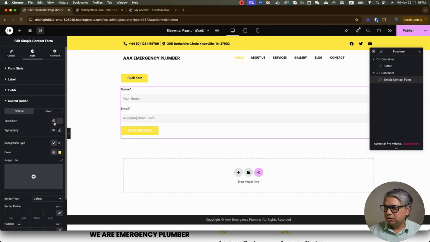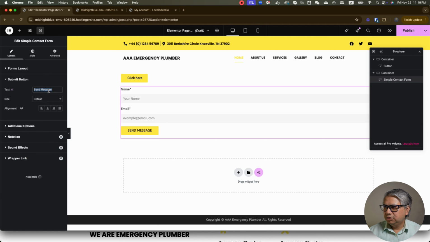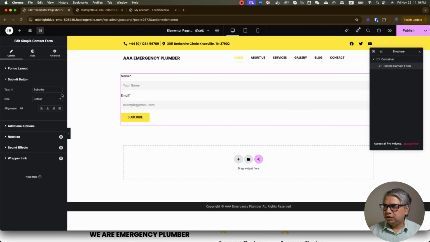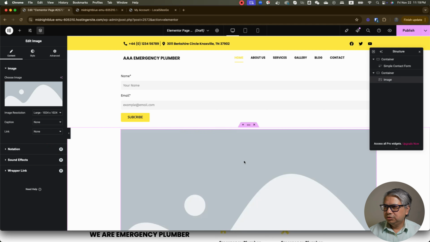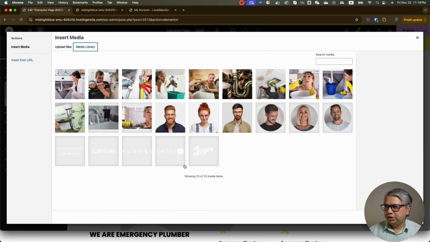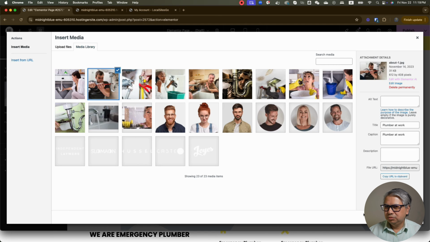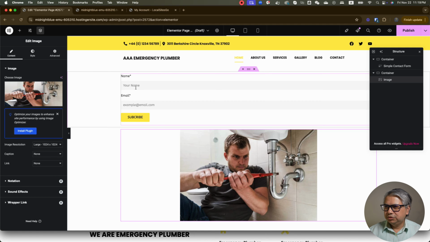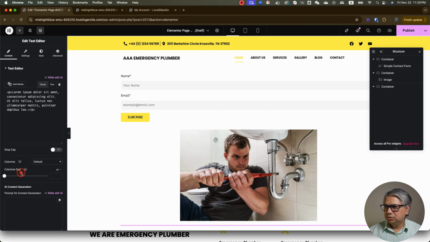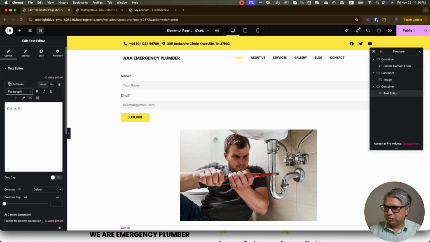let's see, primary color and text color is black, and the text will be subscribe, and I'll put, let me remove this section, and let me put in a picture here, image, and I'll choose one of the images from the library here, maybe let's say this one, and we will say get 50% discount on first service when you subscribe,